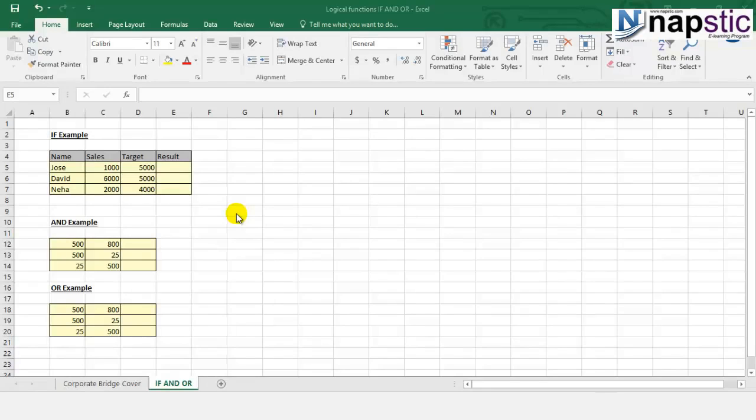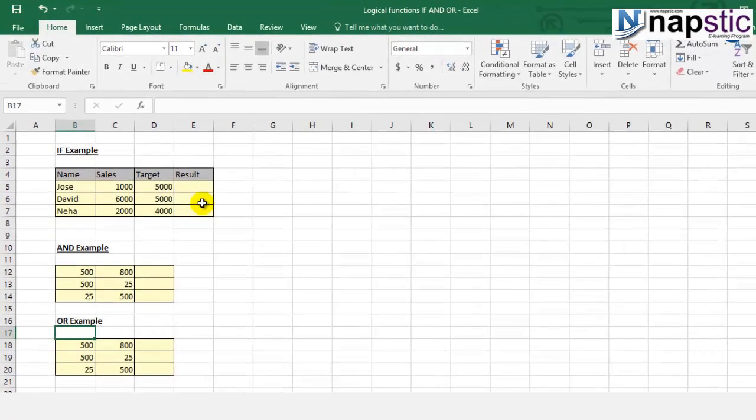In this video, what we're going to learn in Excel is the logical functions IF, AND, OR. These are the three examples through which we're going to understand how these logical functions can be used in Excel. Starting with the IF example, what we are trying to do here